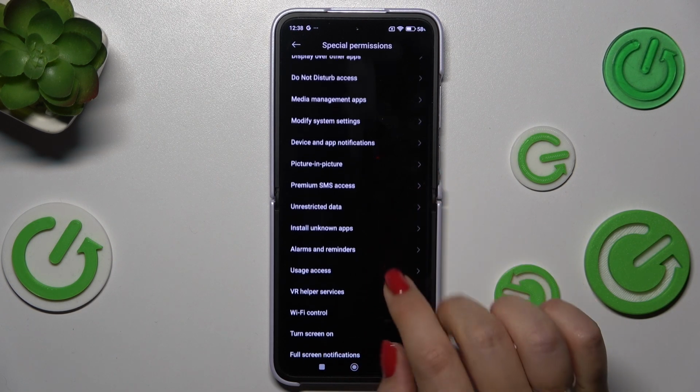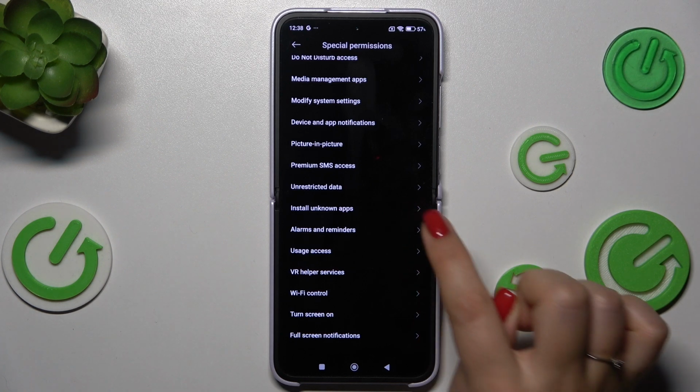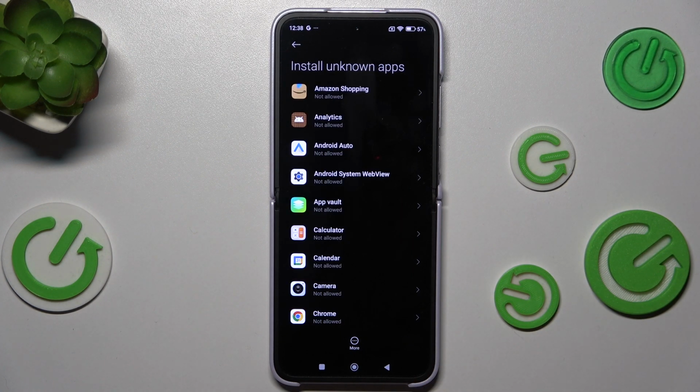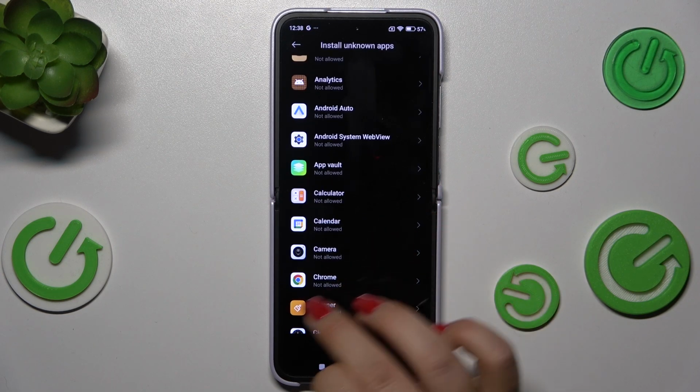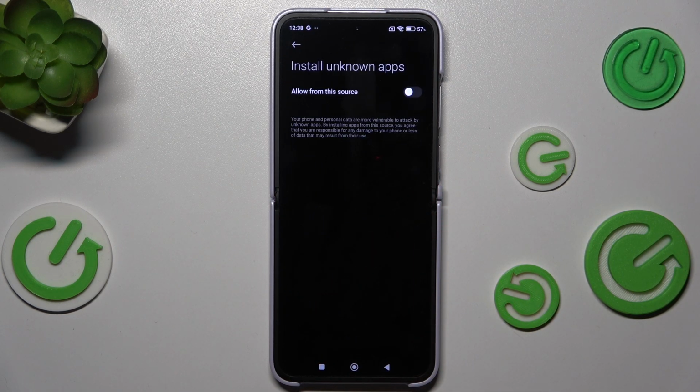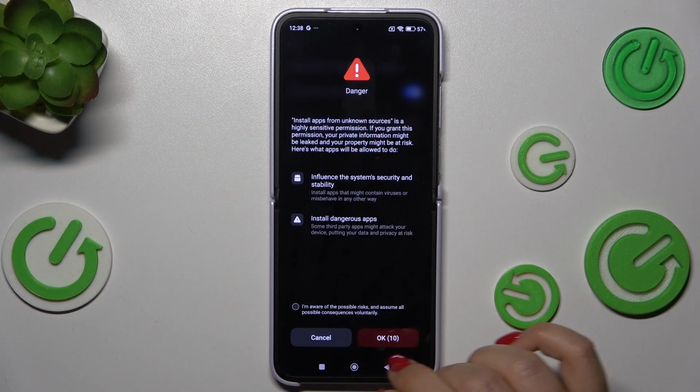Now let's scroll and find this option, which is called install unknown apps, and here we've got the list of apps which are allowed or not allowed to install some content, and of course we can change it. Let me choose Chrome. Let's tap on the specific app and tap on the switcher on it,